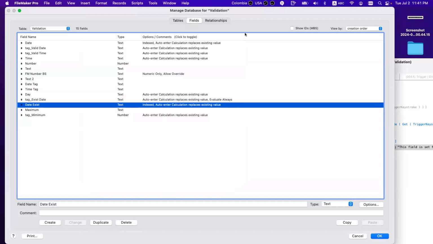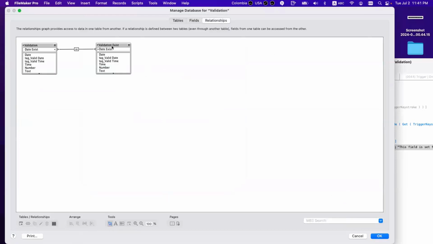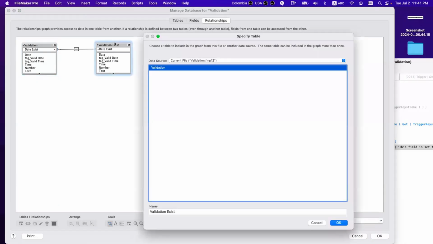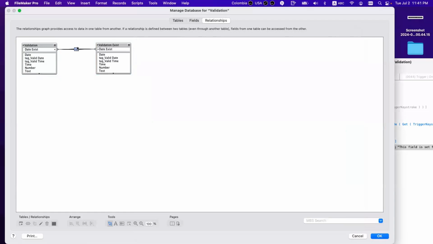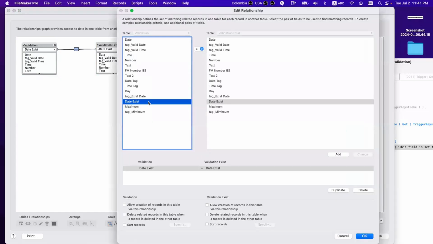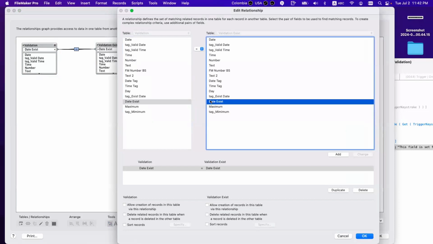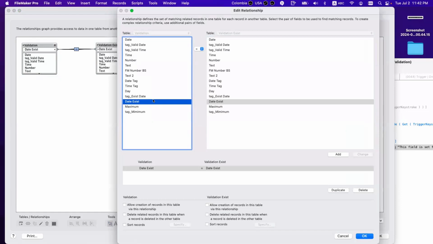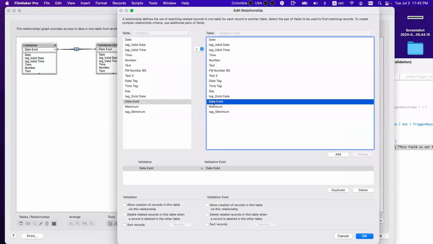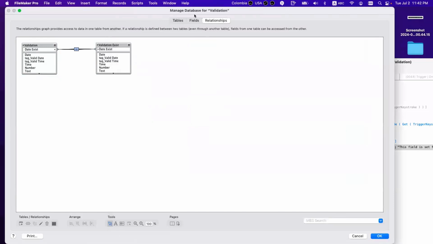Well, we use a relationship. This is a self join. Both of them point to the same table. And I just do this: the date exists equals the date exists in the same table. That means it will go across all the records and say, okay, I have these dates. It finds it. You understand? It finds it, so it validates it.